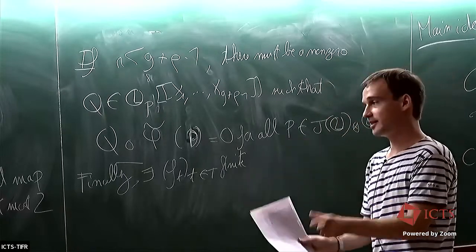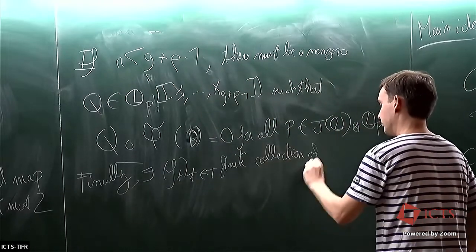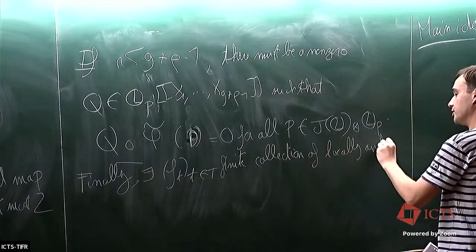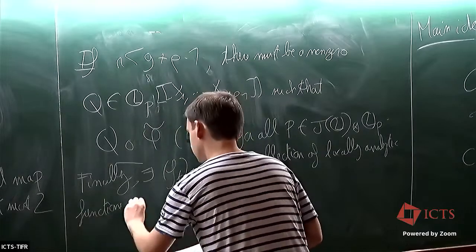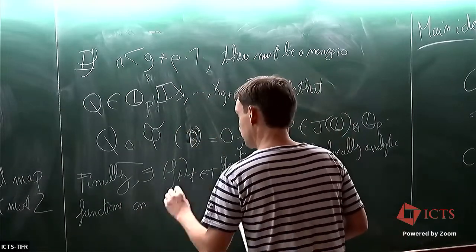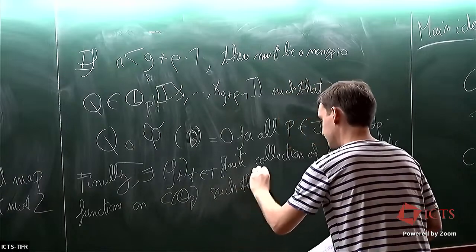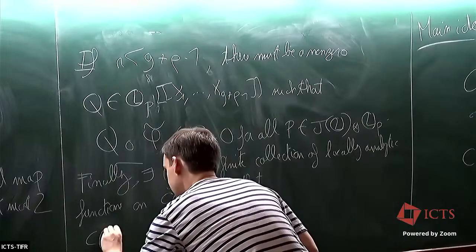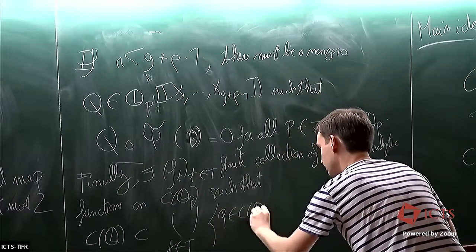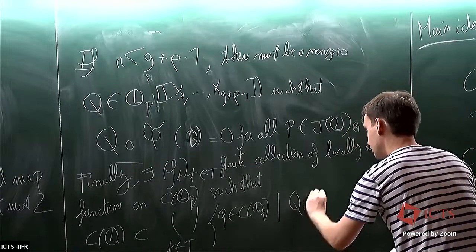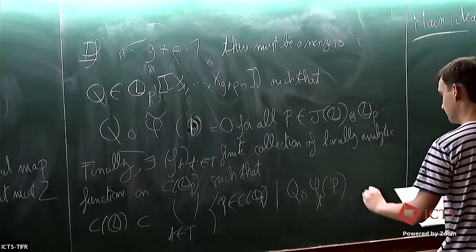Again, I have to split between residue spaces and also possible different values, which I will not get into. And a collection of locally analytic functions, where locally analytic means locally power series, on this C of QP, such that C of Q is inside the union over T of the sets of rational p-adic points with Q composed with phi. I should say here it's sort of T of P is equal to